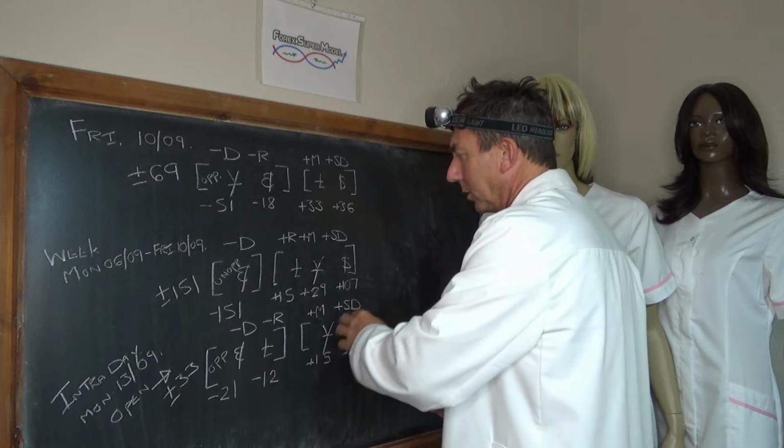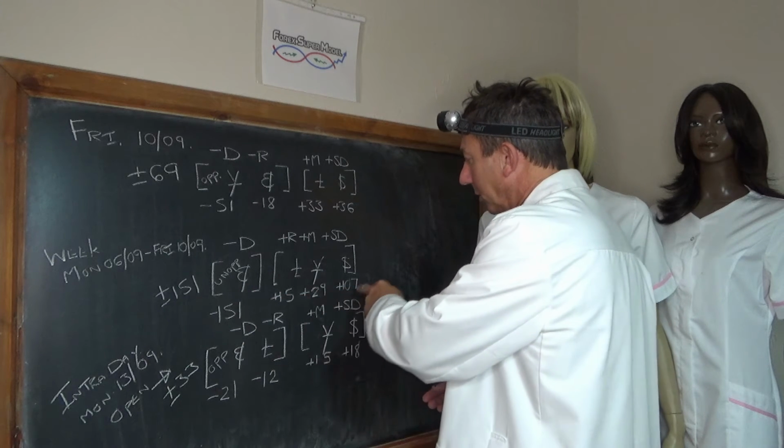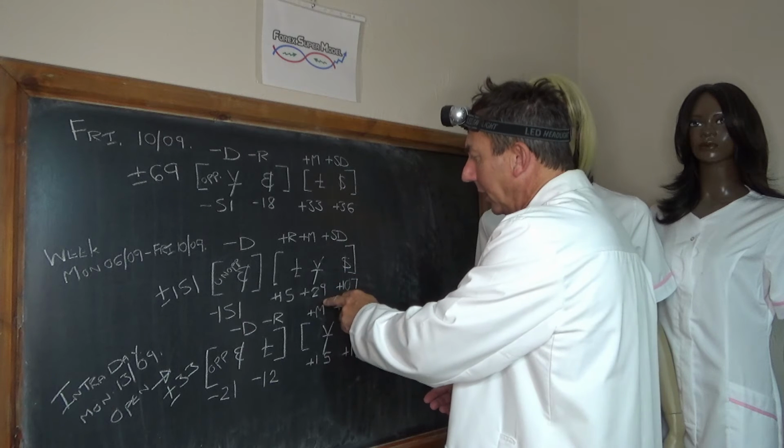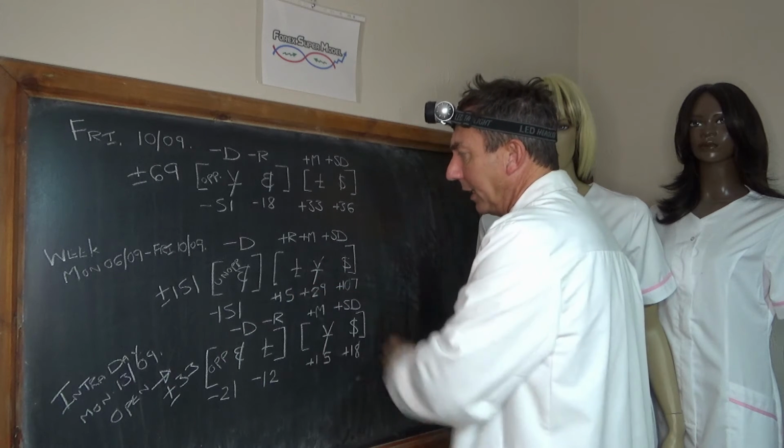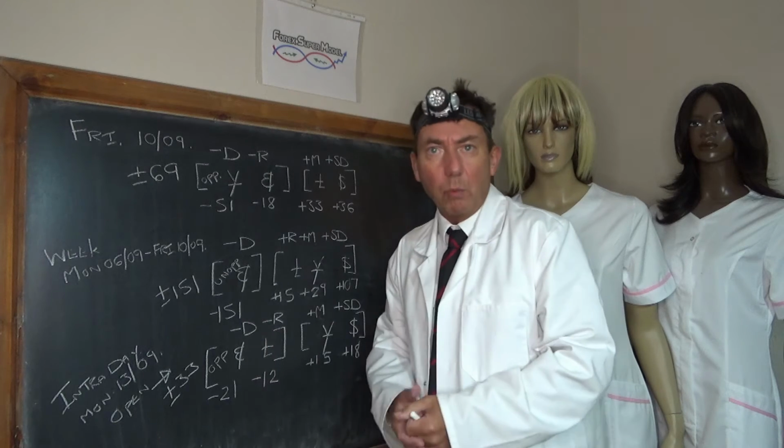And then last week, just for context, we had a negative unopposed driver in the euro, so no backdoor flows. The opposing positive flows going into the dollar plus 107, into the yen at plus 29, and the pound was the positive rock at plus 15. Activity plus or minus 151.